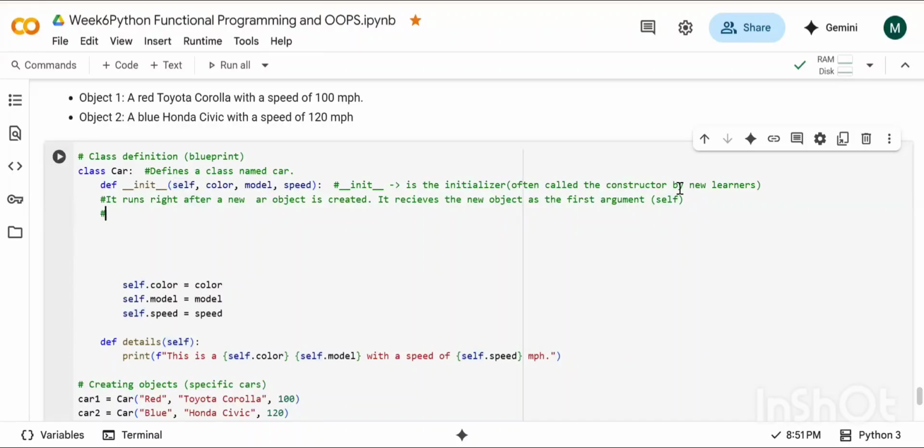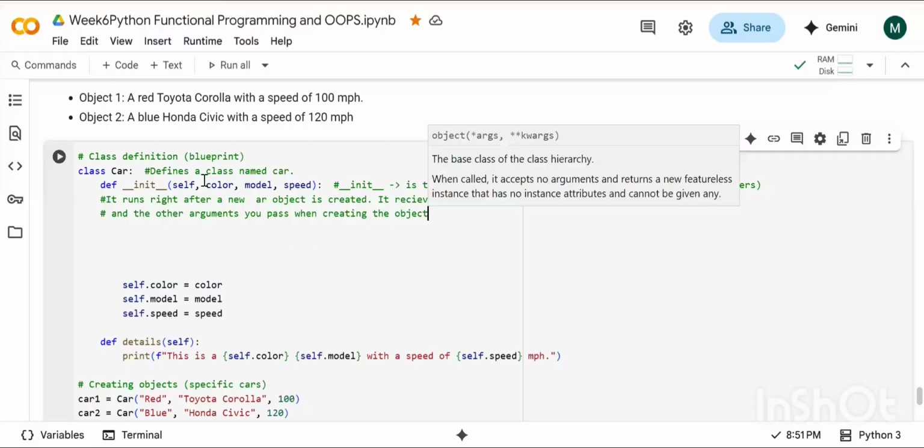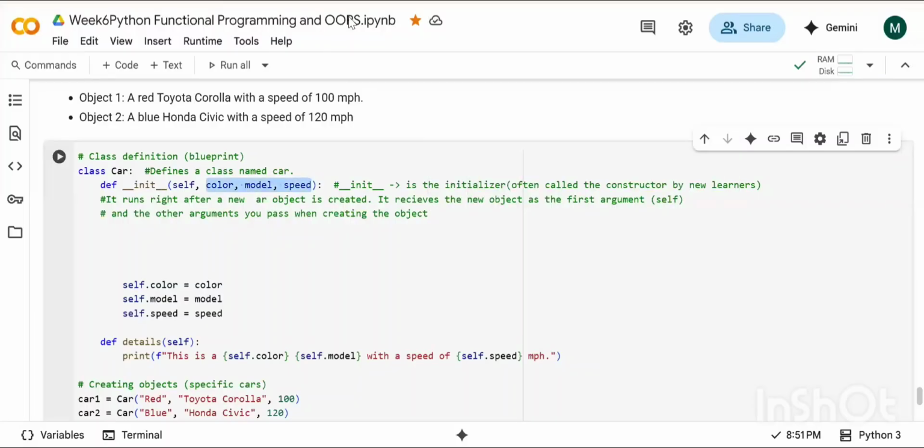After that come the other arguments you pass when creating the object. These are the properties I'm going to give to my object: the color, model, and the speed.